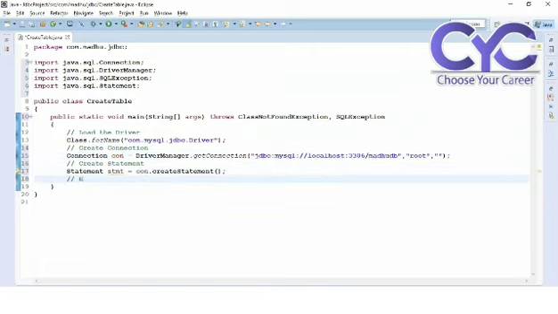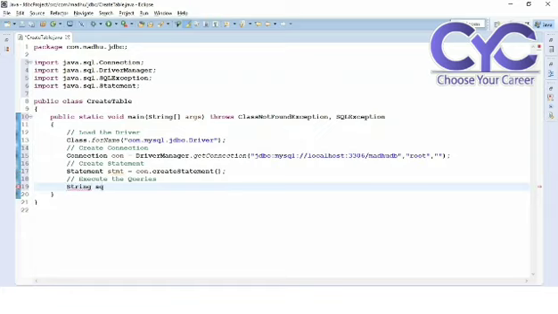Fourth one is what? We need to execute the queries. Execute query. So for example, the basic thing is what? Here I want to create a table. How to create a table? String s1 is equal to, I'm creating one string. I'm storing the table query in the particular string. Okay, so you know how to create a table. Create table emp